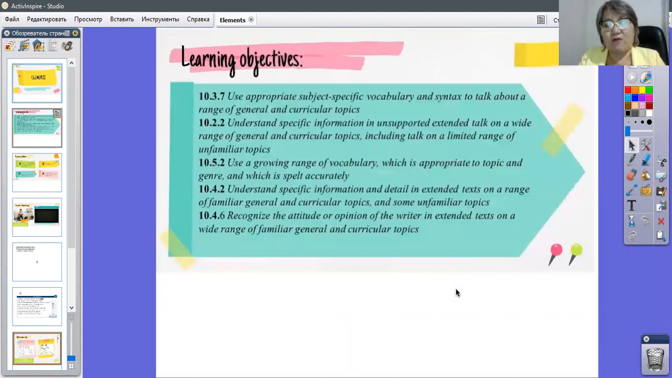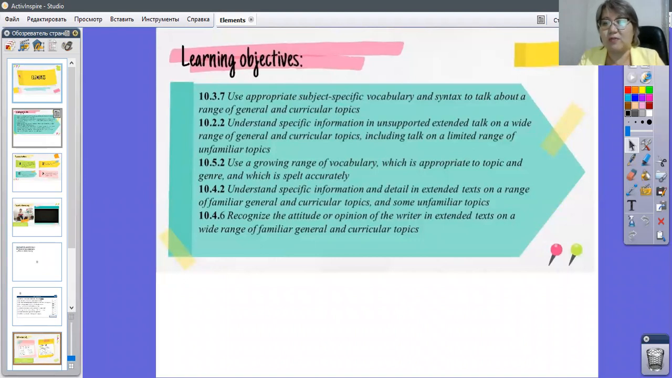The learning objectives of our today's lesson are to use appropriate subject specific vocabulary and syntax to talk about the range of general and curricular topics, to understand specific information in unsupported extended talk on a wide range of general and curricular topics, including talk on a limited range of unfamiliar topics, to use a growing range of vocabulary which is appropriate to topic and genre and which is spelled accurately, to understand specific information and detail in extended text